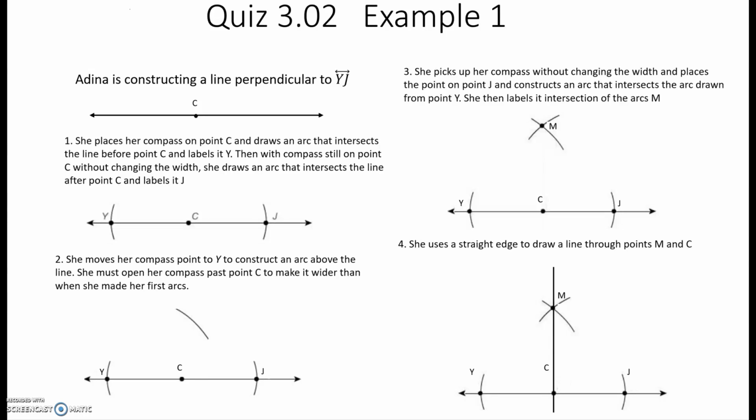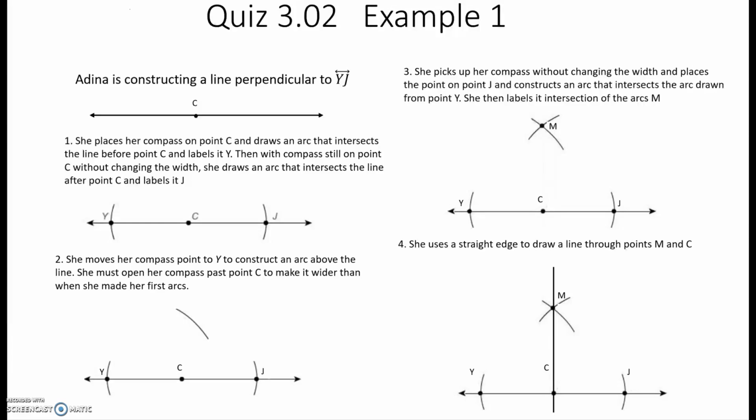This is Quiz 3.02, Example 1. Adina is constructing a line perpendicular to YJ. So the first thing she's going to do is place the point of her compass on point C and draws